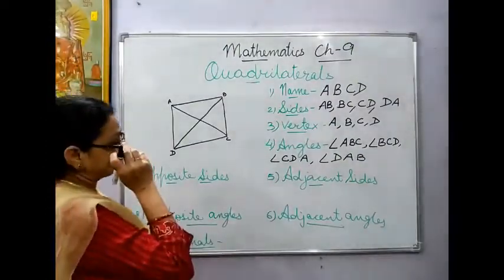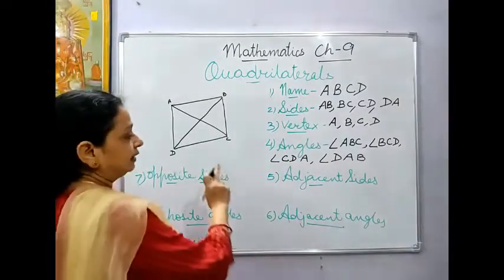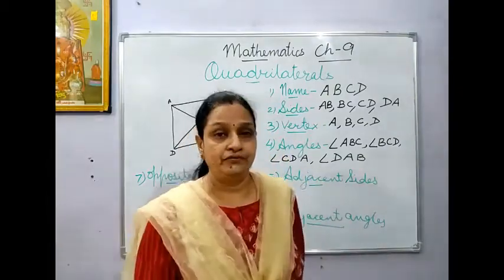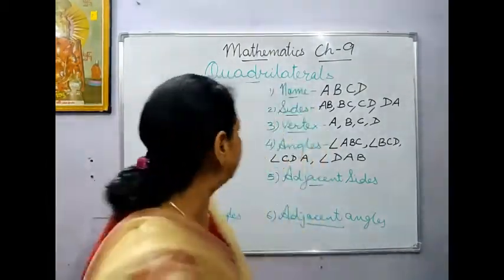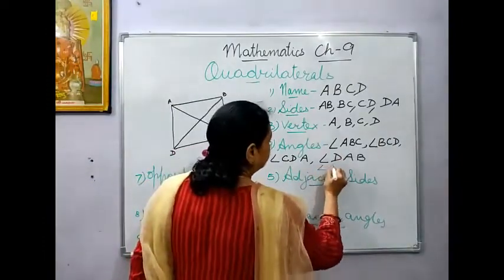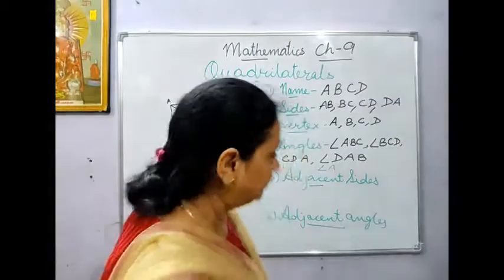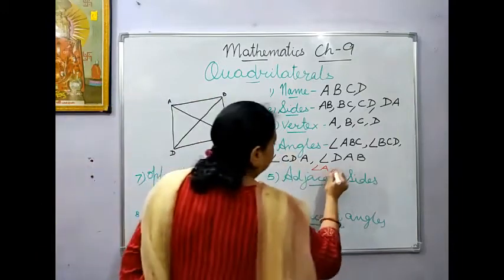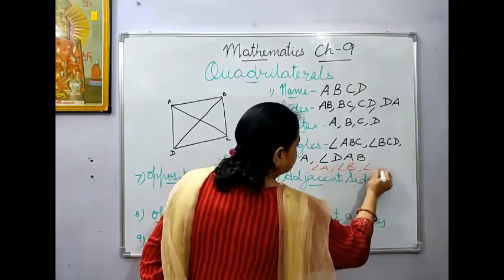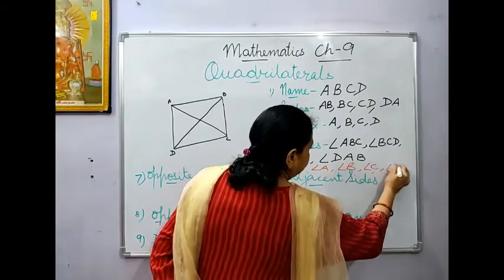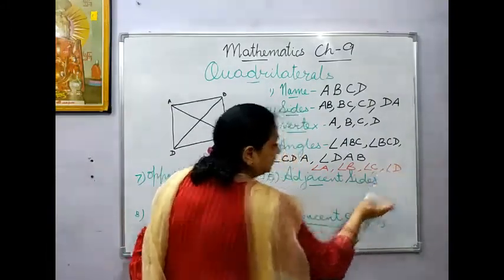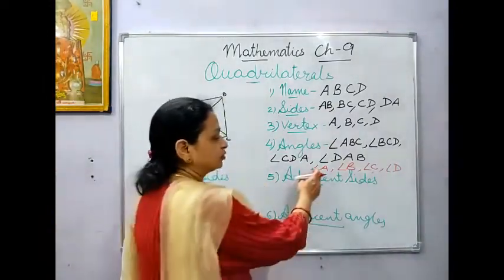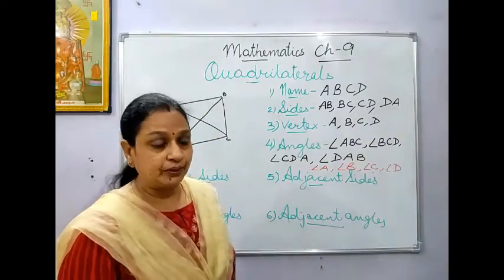So now besides this, you can also name them differently. Like I have told you different methods of naming the angles. One is this which we normally follow. Otherwise, we can also name them as angle A, angle B, angle C, and angle D. With a single alphabet also we can name. Normally we follow the first method when we have to do an explanation. Otherwise in short we can name like this also. Okay.